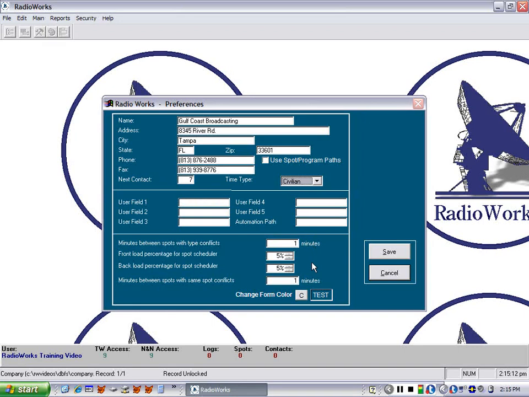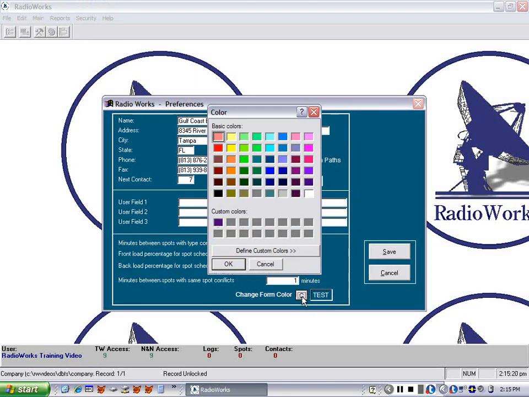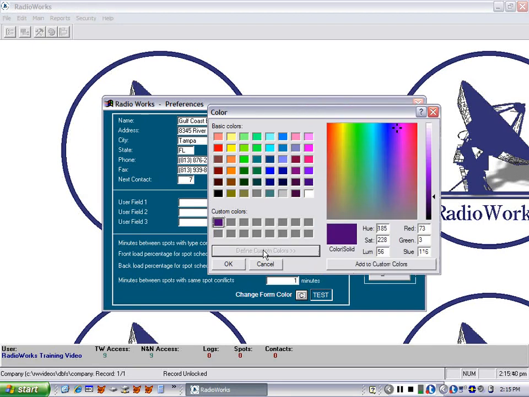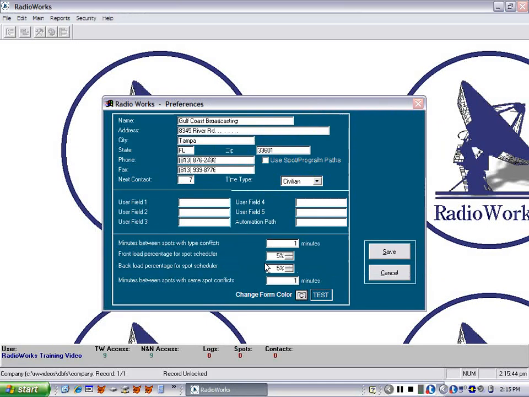Then finally, you'll notice how beautiful this teal screen is, but if you'd like a different color, just click here and then pick a color, and that will change the screens throughout RadioWorks to this new color. And if you don't like it, you can always come back here. Here somebody created a custom color, and down here is where you define custom colors, so you can just knock yourself out. So if I were to pick that